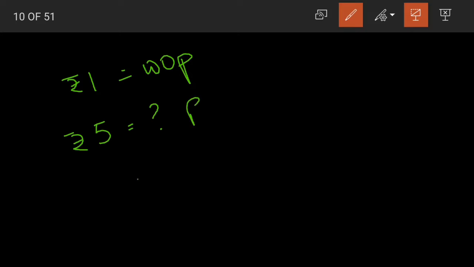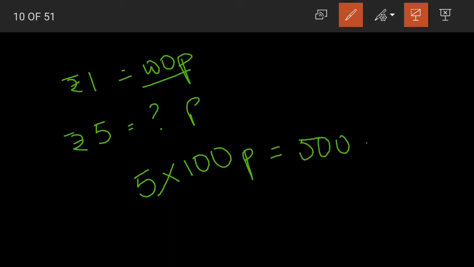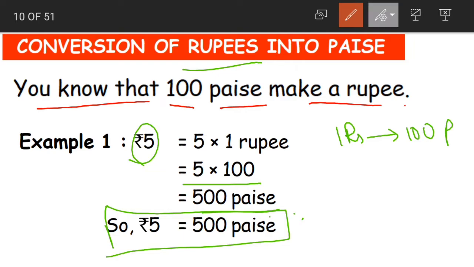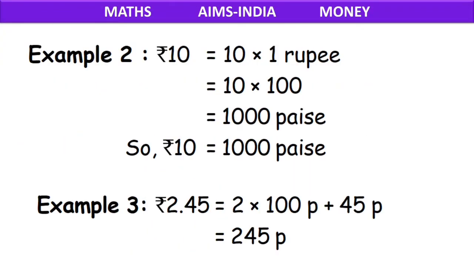In the same way, here we have 1 rupee is equal to 100 paise. Then 5 rupees will be equal to how many paise, children? The total number of rupees 5 into the number of paise in each rupee. So 5 into 100 paise is nothing but 500 paise. Understood? 5 rupees is equal to 500 paise. What was this? Conversion of rupees into paise. It was a simple problem.